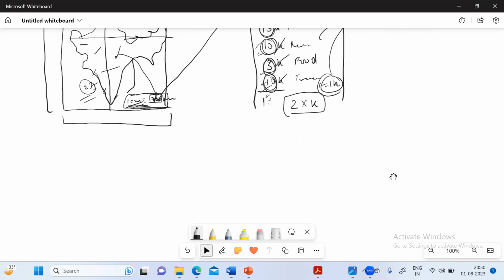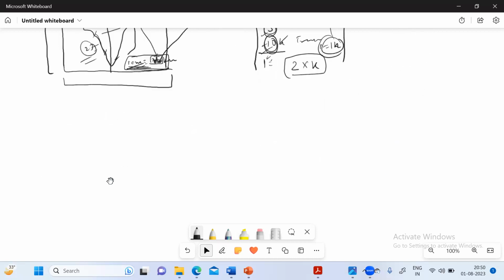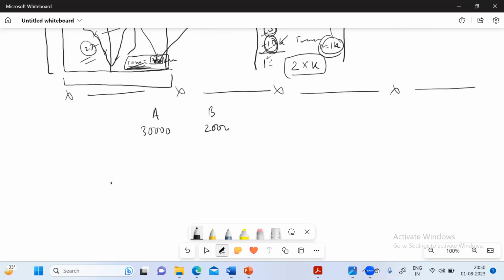But when we start learning ratio, we basically compare two quantities, or two numbers, in terms of ratio. Let's say there are two persons, A and B. A has a salary of 30,000 and B has a salary of 20,000. So when we ask what is the ratio of the salary of A and B,